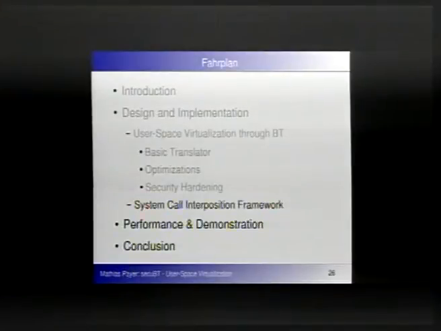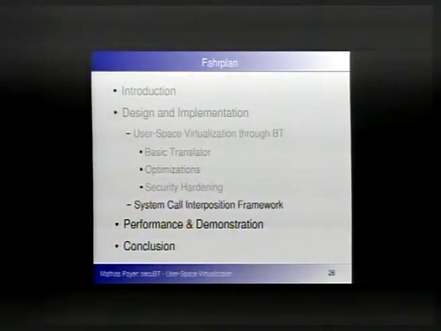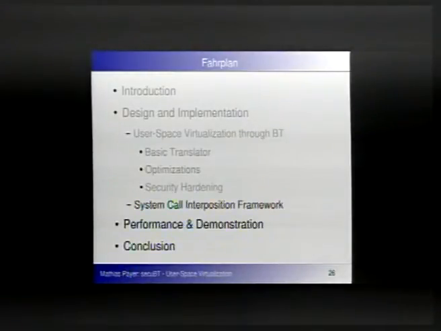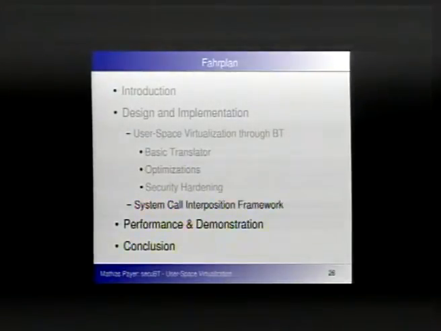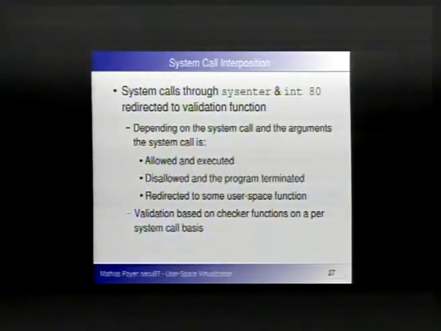So now we've got the user space virtualization, we've got the binary translator, we've got some security hardenings, but the program is still allowed to execute any system call. So we have to add a system call interposition framework where we intercept all system calls that the program does and all interactions with the kernel. The system call interposition framework that we propose guards or rewrites all system calls that go through the sysenter and the interrupt machine code and redirects these to